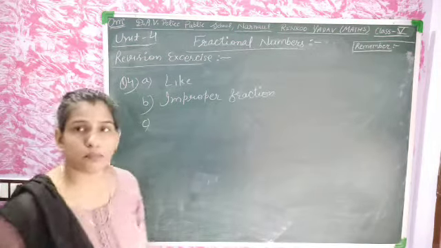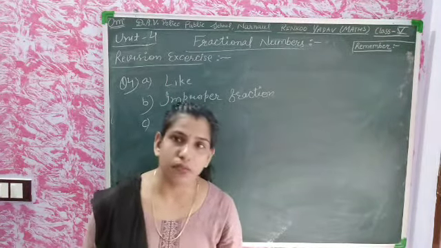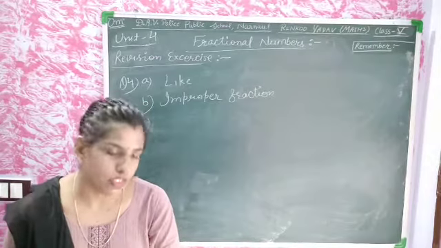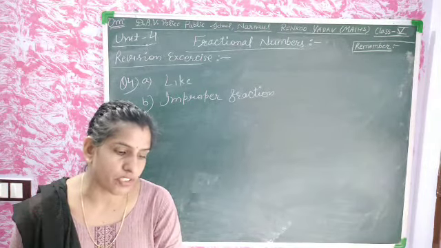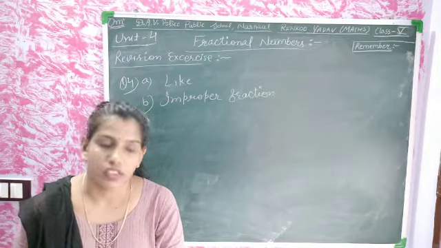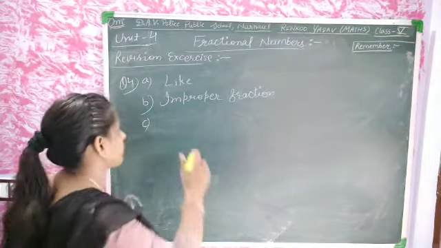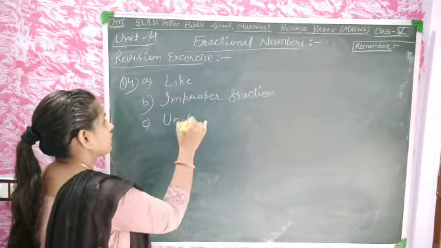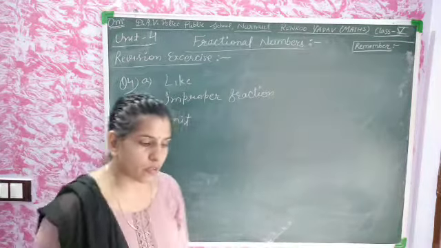Now there is a part C. In the part C, 1 by 2, 1 by 7, 1 by 11, 1 by 4 and 1 by 3 are called. Yes, all the numbers have unit numerator as 1. It means this is the unit fraction. Yes, this is unit. Now part D is 3 and 1 by 8.